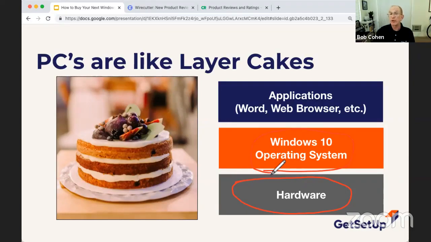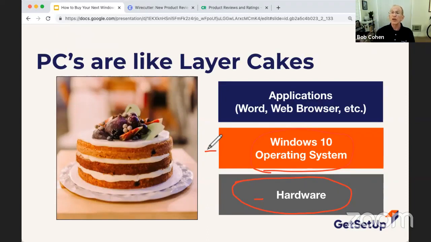Or an Apple computer will have hardware, and Apple will install the Apple operating system. And so the operating system is usually pre-installed on your computer when you get it.